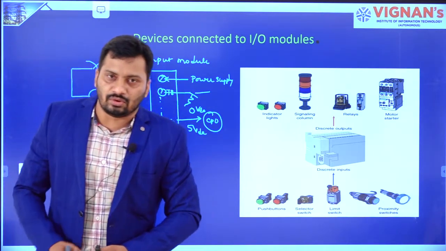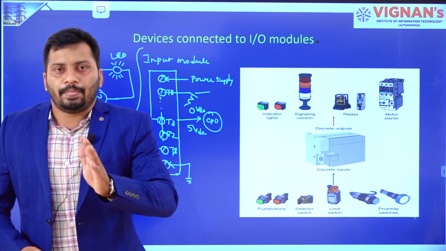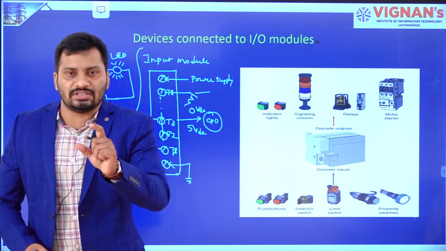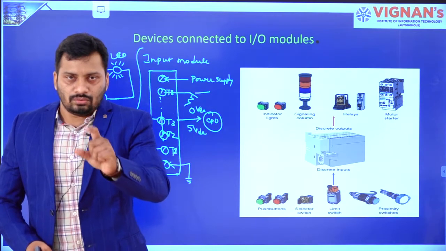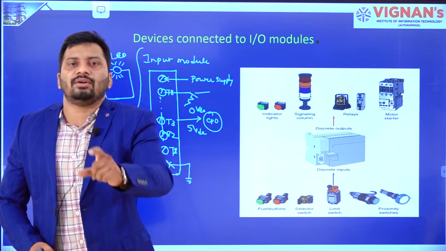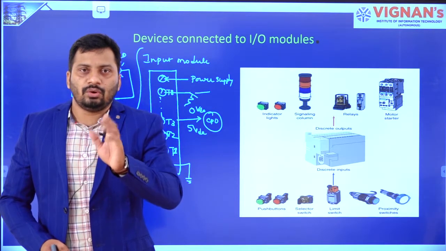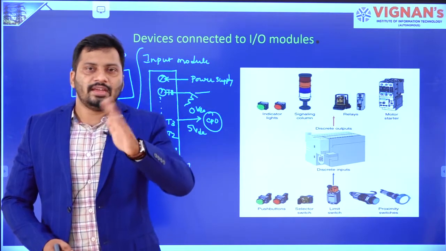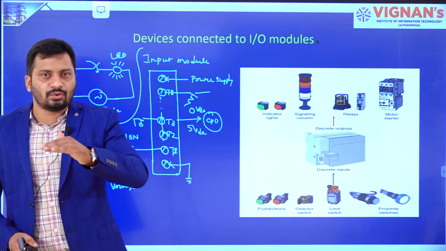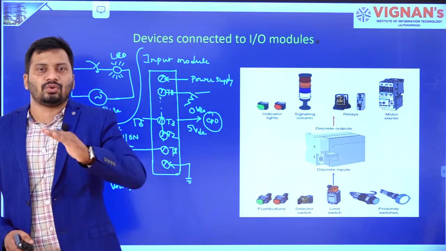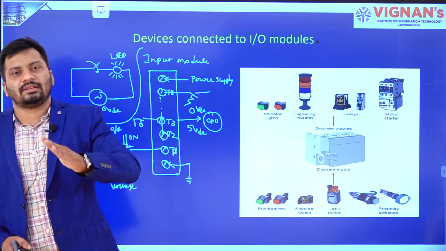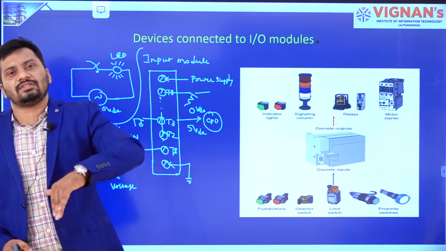So overall, my intention is what? We are going to connect some switches or sensors or transducers to the input module, right? For example, if you connect a temperature switch, it is used to find out some temperature value, right? So if you set some value, for example in this room AC is there, if you set it to 30 degrees Celsius, what will happen? Up to 30 degrees Celsius, this switch is going to be in open condition. After that it is going to be closed. Or if it is a normally closed circuit, up to 30 degrees Celsius it is closed, after that it is going to be open, right?